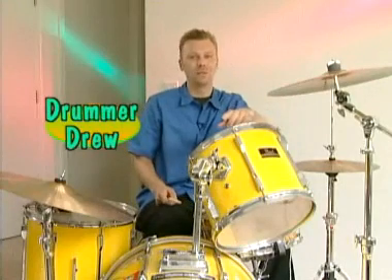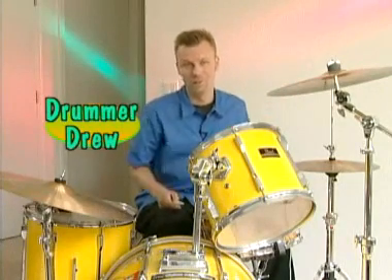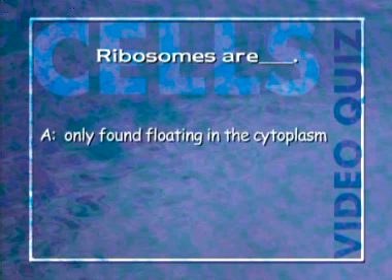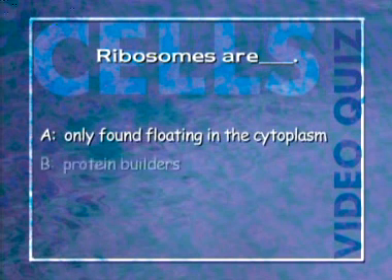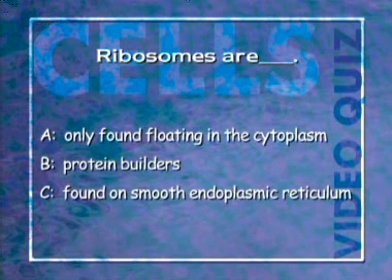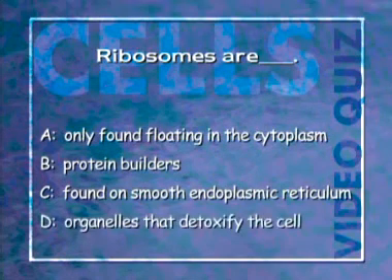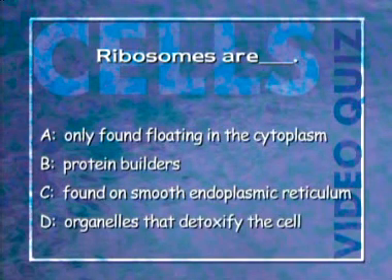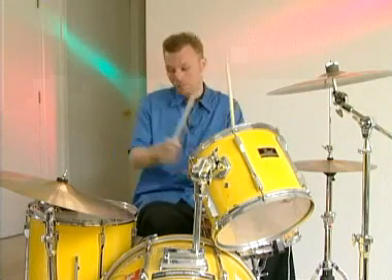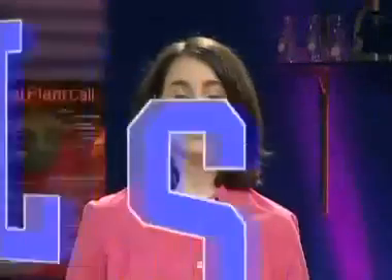Well, that didn't sound so good, but how does this question sound? Question 10. Ribosomes are A, only found floating in the cytoplasm, B, protein builders, C, found on smooth endoplasmic reticulum, or D, organelles that detoxify the cell. Hey, that's great. You really have the inside beat on this topic. So, how did you do? I'm sure you did great. But there's more to